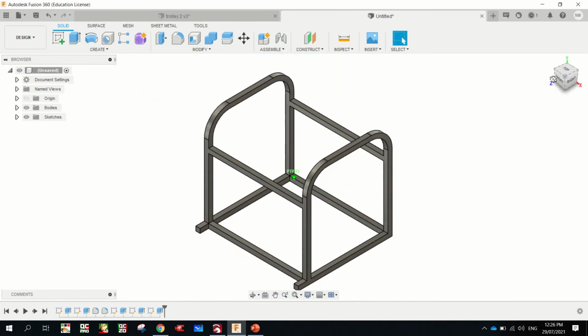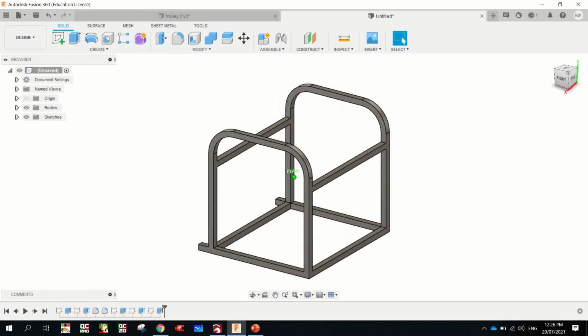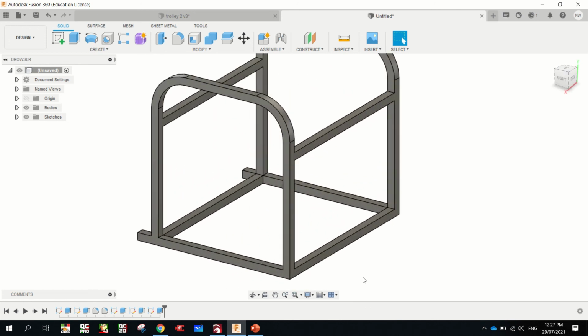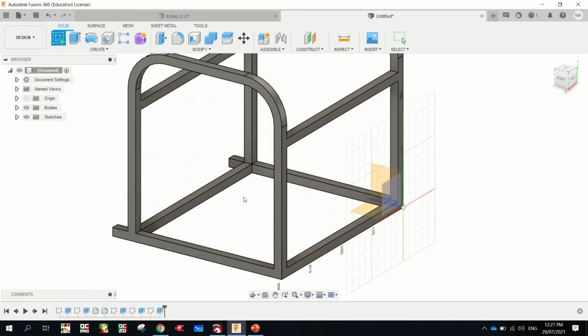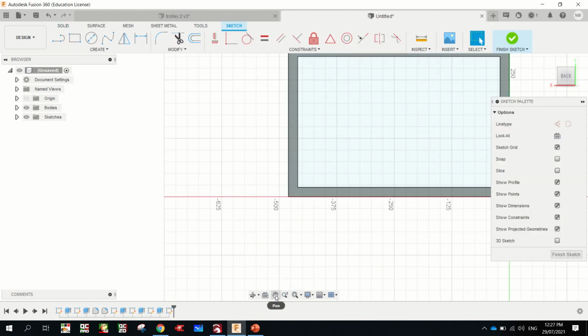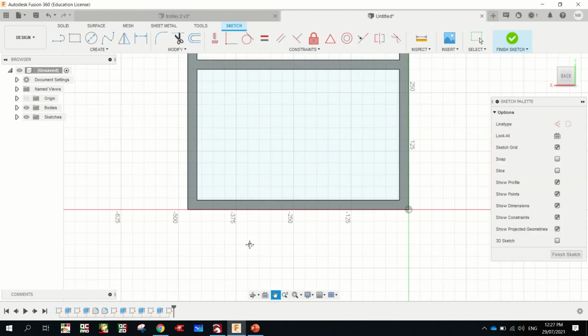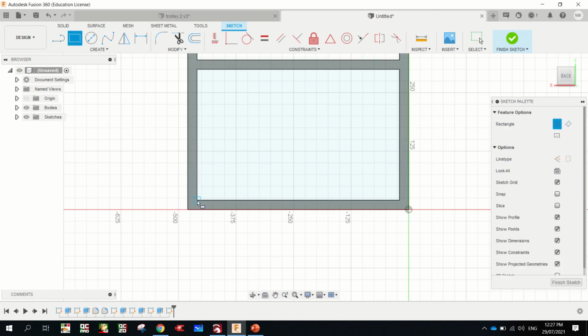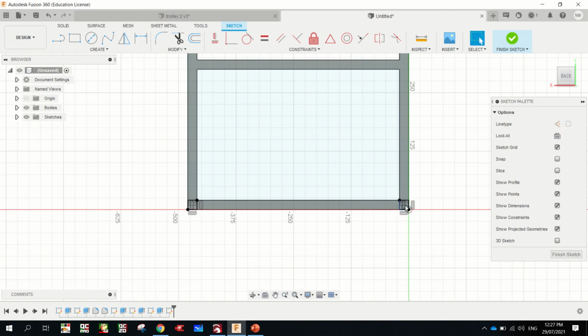So I'm going to spin my drawing around. Sketch on that face there. There's a pan tool down the bottom here, the hand, so you can click and drag that if you need to, and escape to turn it off. Rectangle from there to there, there to there. Escape to turn off the tool, zoom in,